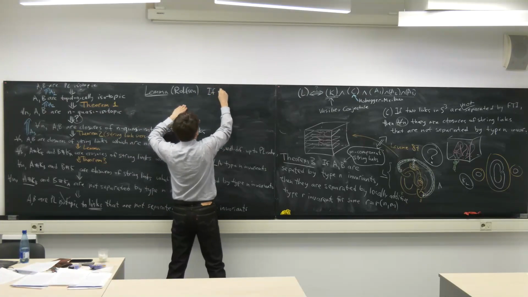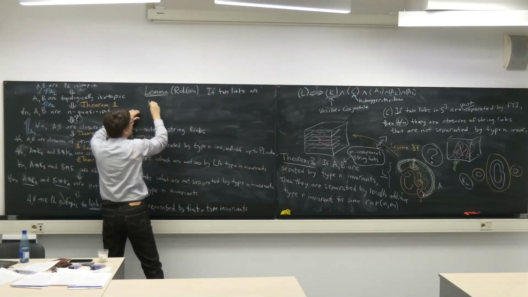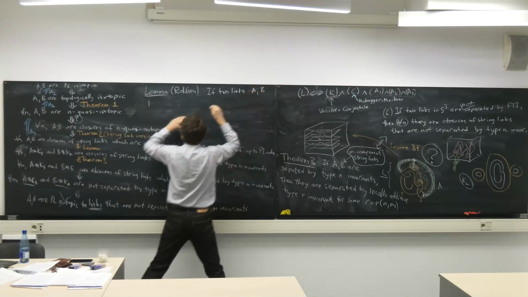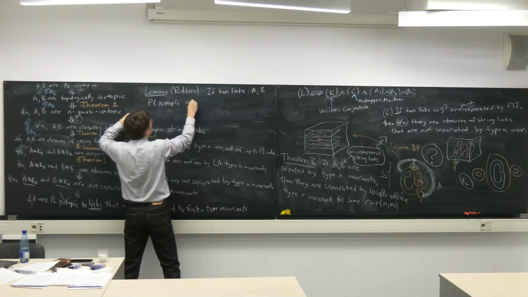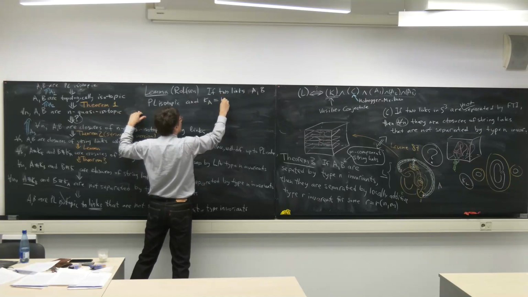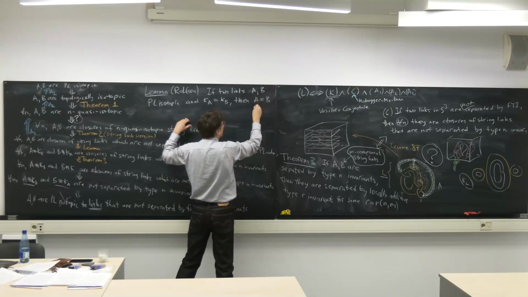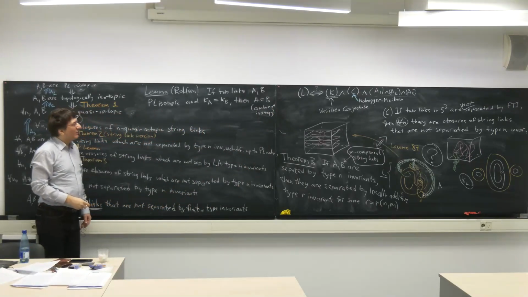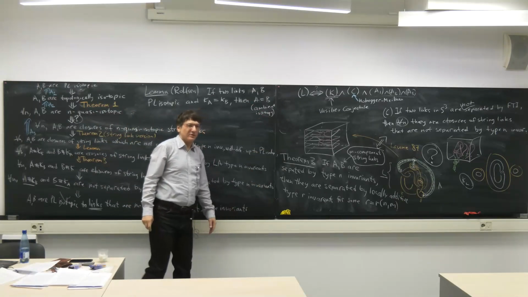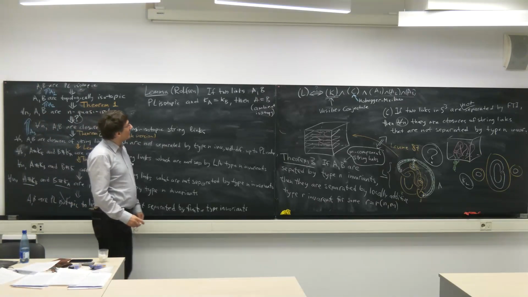If two links A, B are PL isotopic, and K_A equals K_B, then A equals B, this means ambient isotopy. They are equal up to ambient isotopy. Okay? So